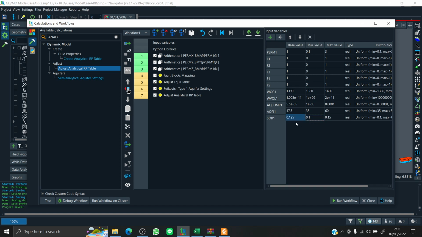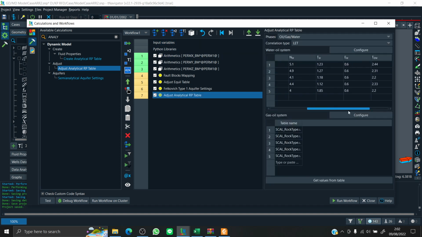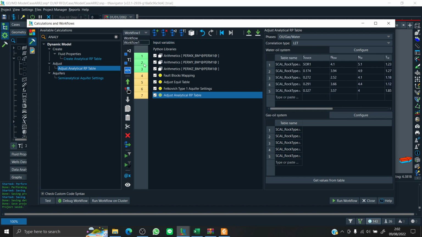So this is SOR1. We're just going to type SOR1 in here. This equal sign and then the shown value denotes that our variables have already been incorporated into the calculation, and then we do it for all relative permeability parameters.